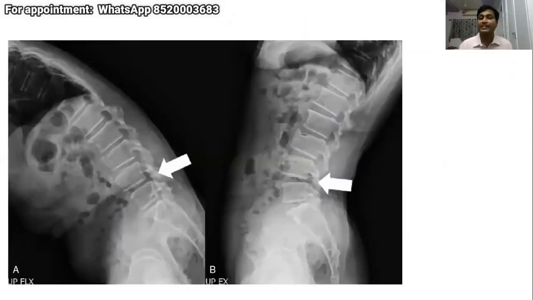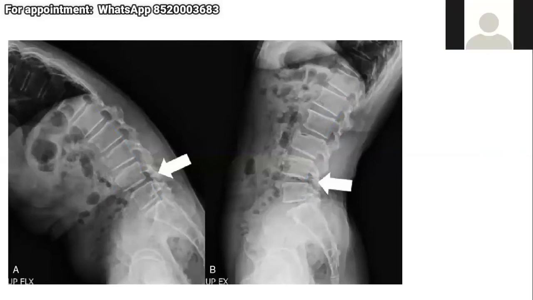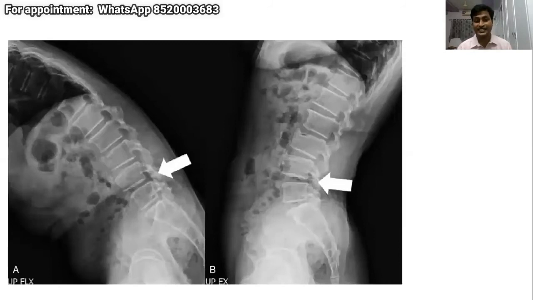So basically, can you tell, what is the use of flexion extension images? Yes, sir. We can find what pathology is there. Yeah, particularly when there is a listhesis, you can tell whether the listhesis is worsening in flexion or extension. If the listhesis is worsening in flexion, you avoid hyperflexion. If it is worsening in extension, you avoid extension. Okay. Yeah, fine.